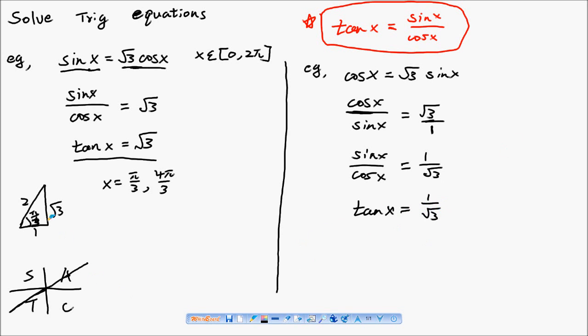Using our special triangles and the CAST diagram, I can find my x, which is in the fourth quadrant and the third quadrant, and tan x is the opposite on hypotenuse. So the x value is